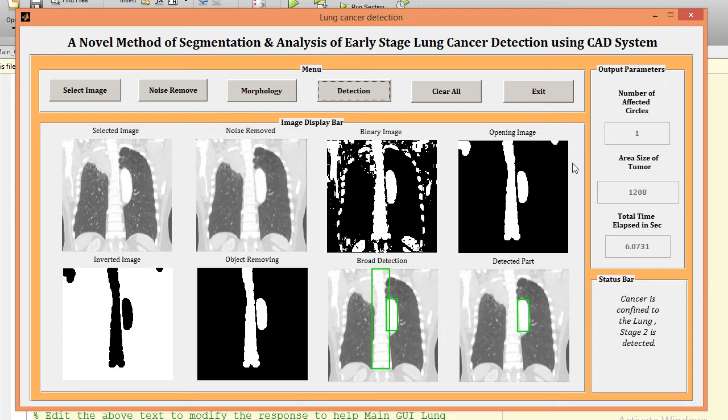The number of affected circle is 1. The area of tumor in number of pixels is 1208, and the total time required for execution of this code is 6.07 seconds. And here once again we are getting status like cancer is confined to the lung, stage second is detected.